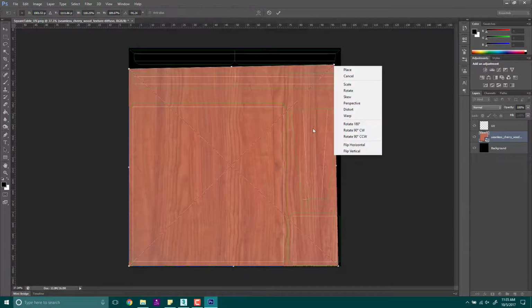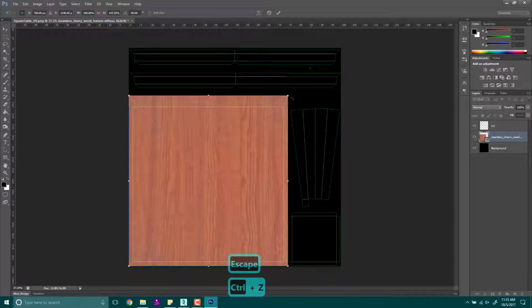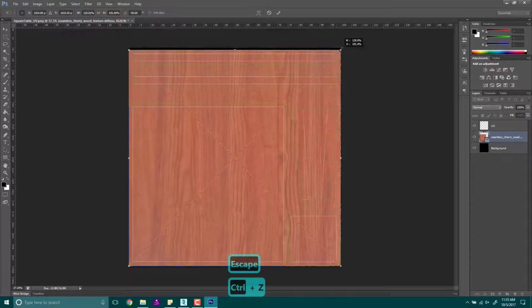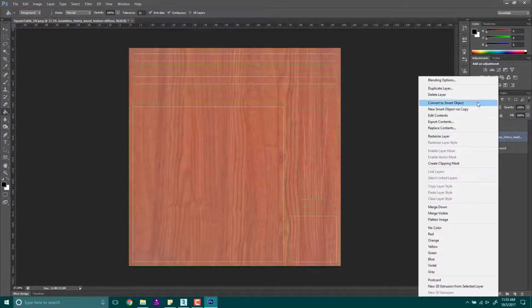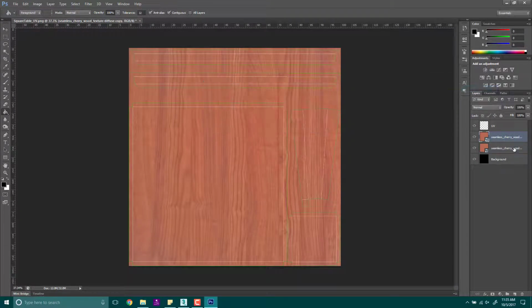Oops. Undo. Drag it out so it fits the entire image, and then hit enter. The problem is, on the top that makes a lot of sense. It's probably still too close of a view for it to actually look good that way, but here it's going to look bad. So I definitely am going to need to duplicate the layer at least,